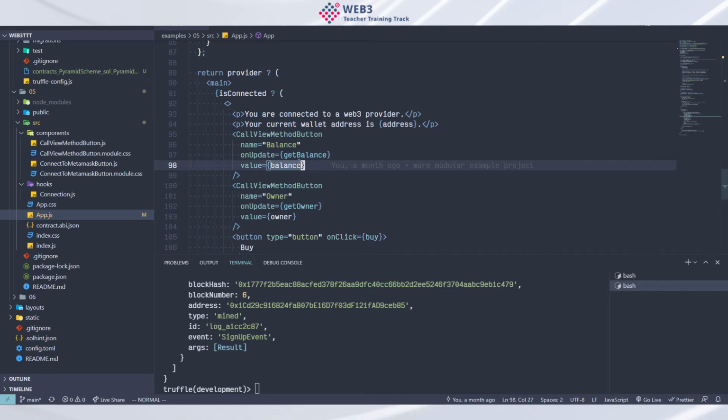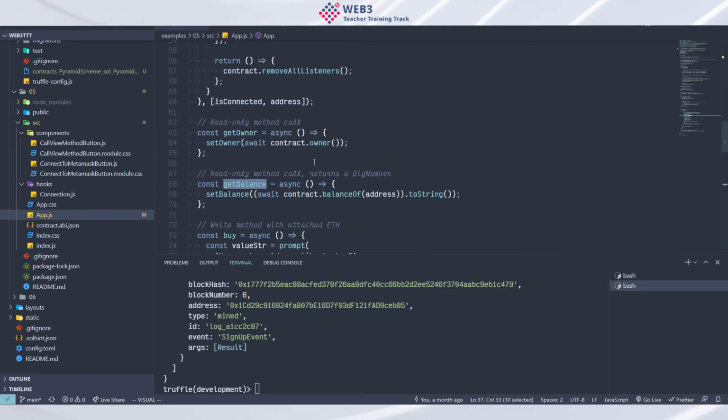And the function that it calls is here. We have get balance. That get balance function is right here. It sets the balance state variable equal to the result of, or the resolved value, that's what await means, the resolved value of calling contract.balanceOf on our address, which is the currently active MetaMask address. And then it converts it to a string because I think it'll give us back a big number variable